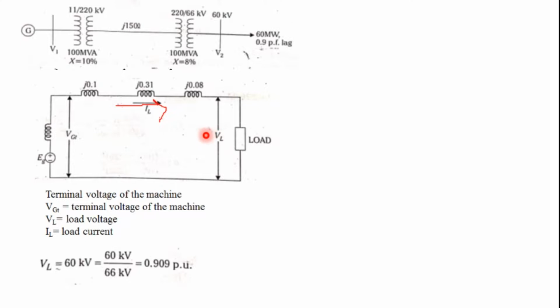So we got the VL value. Next, we already know the reactance. We need to calculate the IL value. So how do we calculate IL? We know the power which is drawn by the load. So IL is equal to P divided by root 3 VL cos phi, at an angle of minus cos inverse of the power factor. We can write P is equal to root 3 VL IL cos phi. That's the meaning; we are just rearranging to calculate the IL value.